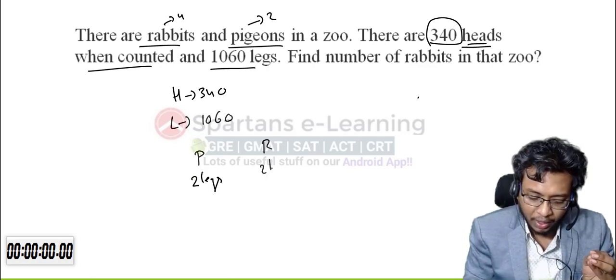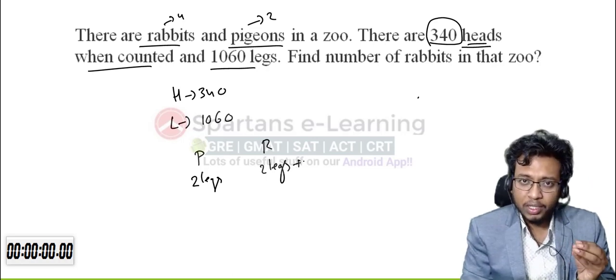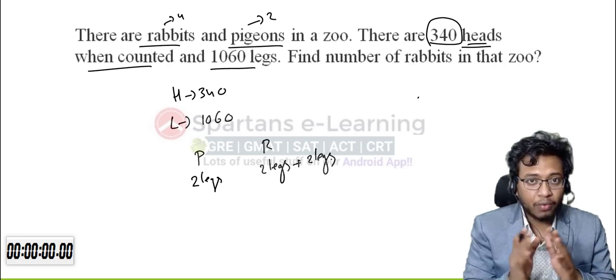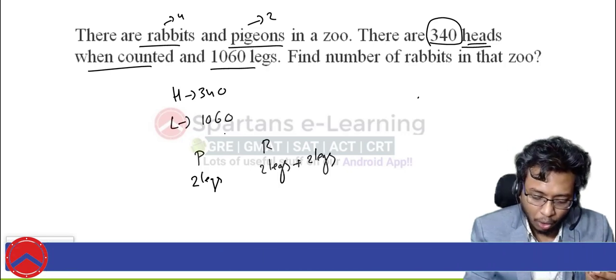Okay, every rabbit is also having 2 legs. That's what I will assume. So what I'm doing is, with every rabbit I'm cutting 2 of its legs, right? I'm taking off 2 of its legs. For now I'm imagining there are only 2 legs for a rabbit. So how many animals are there?